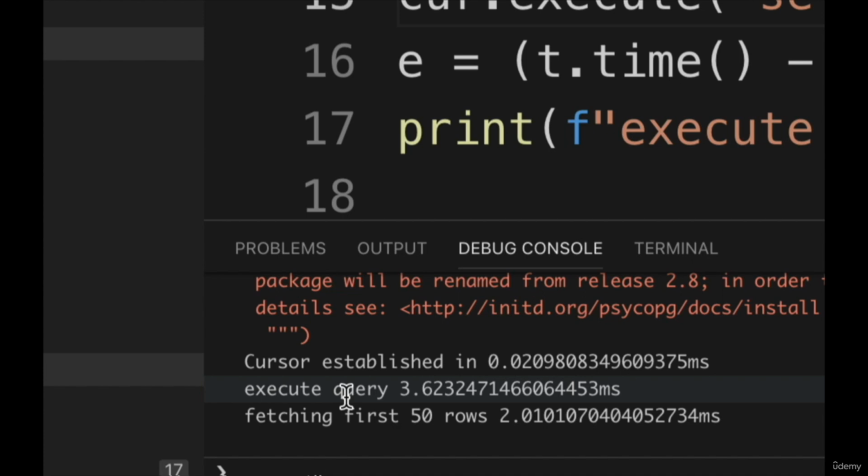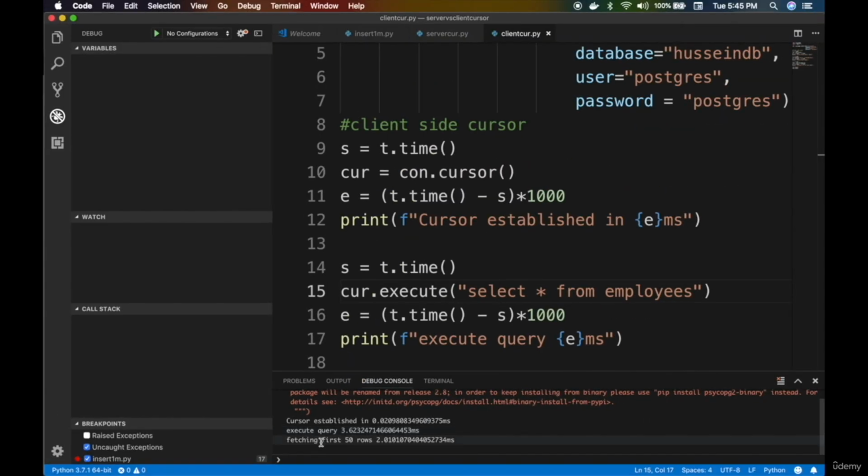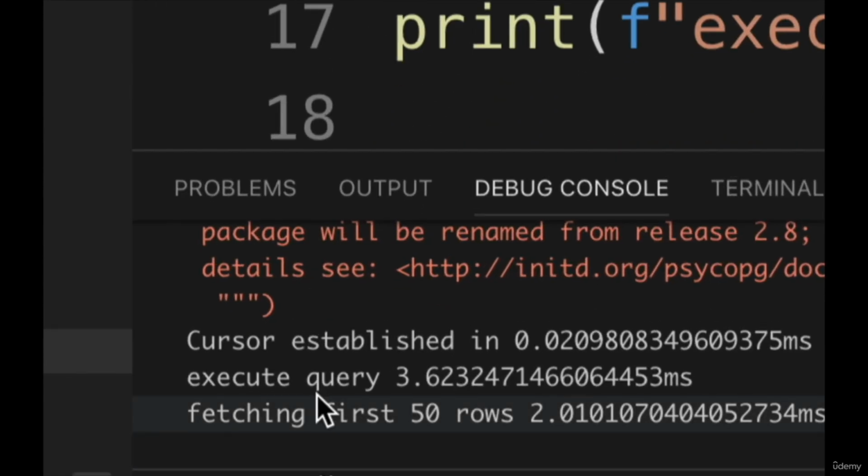The good thing about server-side cursors, which is this one, is you execute on the server side, and you can see that the client is relieved. So you put the overhead on the server versus the client. The server is now doing more work. The server is keeping hold of these cursors. And imagine hundreds of thousands of clients doing the same thing, opening all these server cursors, and worst of all, leaking those cursors. Oh my God, right? You can endanger the database,